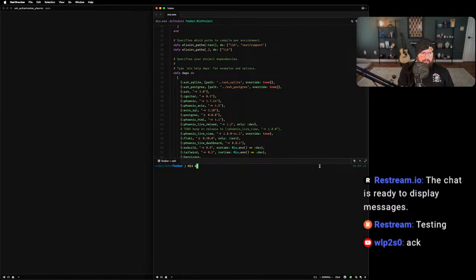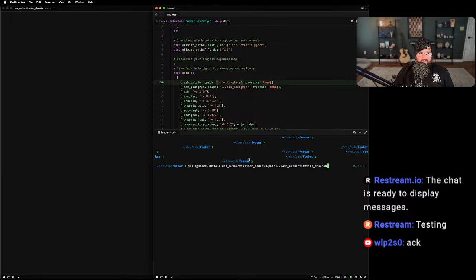So to show you what I mean, if I say mix igniter.install ash_authentication_phoenix, and then I say --path to AshAuthentication Phoenix, I'm using Igniter to install a local dependency.